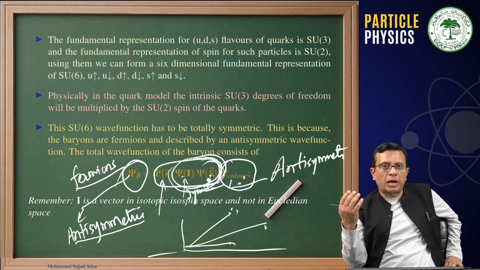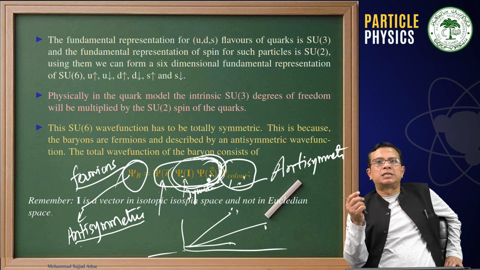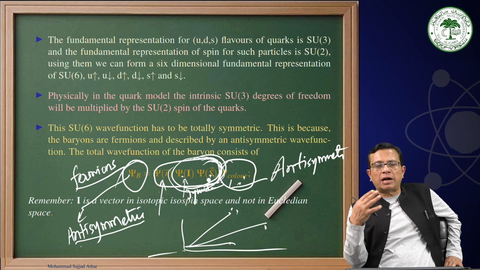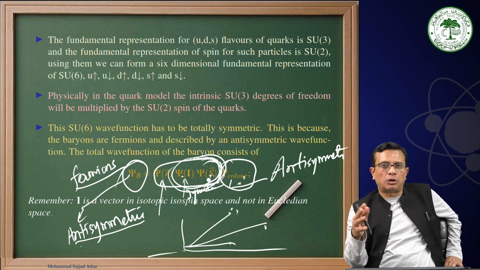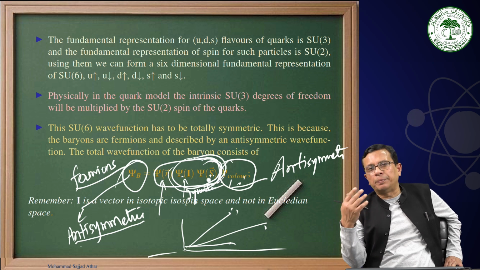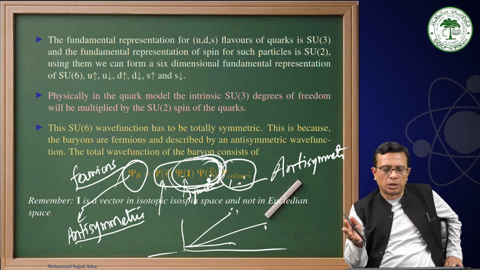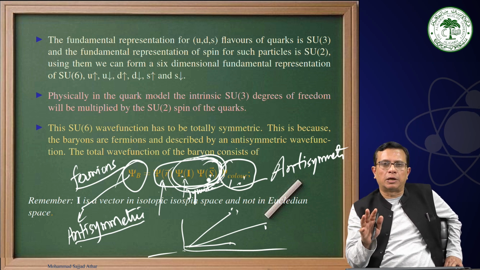That means if I want to get the charge of the proton, charge of the neutron, charge of the delta, charge of the meson, whatever you talk about, you have to obtain the expectation value corresponding